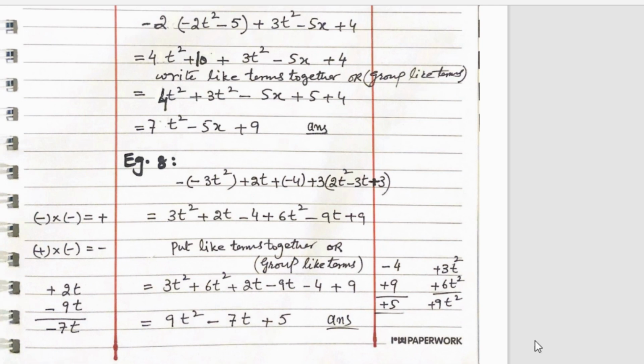I think everything is clear to you now. If not, you can go through the lecture of example 6, 7 and 8 again and try to retain multiplication of signs and addition and subtraction of terms in your mind. The moment your mind is clear about these operations, you will feel that you are doing a very easy thing. Okay, come to the